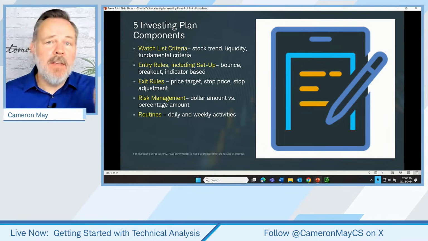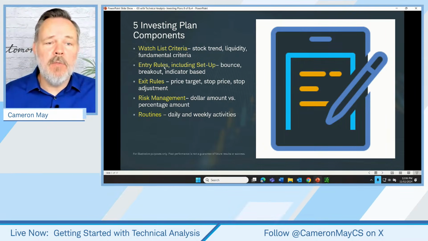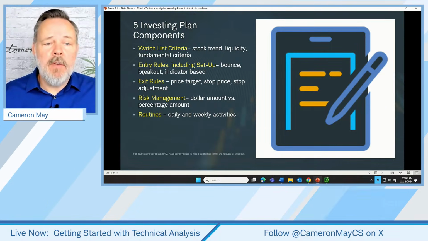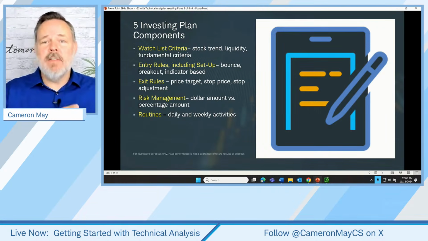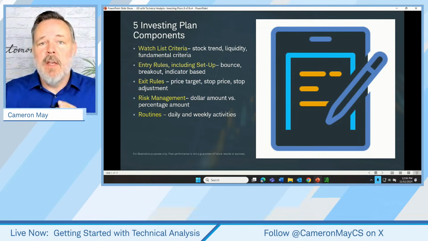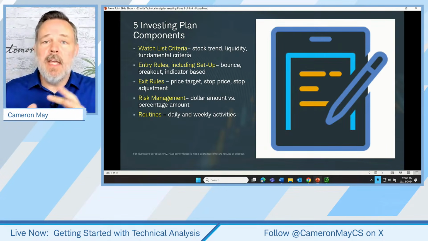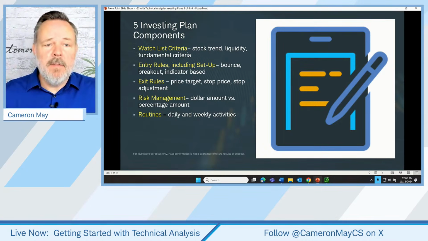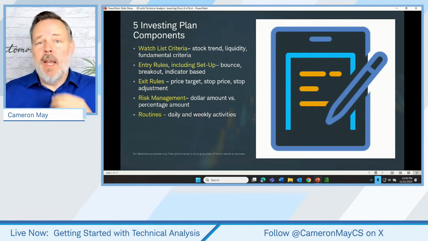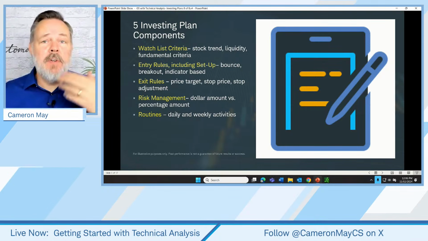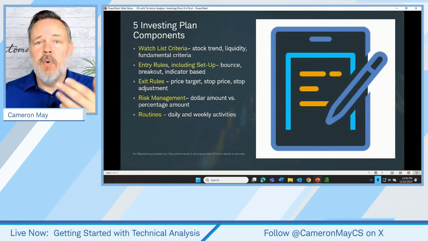And we've talked about some of these earlier in the webcast series, but these might include, as we look at a chart, a bounce coming up off the floor, breakout through resistance, or we might use some indicator that hasn't necessarily been discussed. There are hundreds of potential indicators: MACD, stochastic, RSI, moving averages, all sorts of different indicators that individual traders might use to tailor their specific approach to trading stocks. But in any case, whatever the preferred approach is for an entry, the trader might want to write that down to introduce discipline and structure to when they enter.